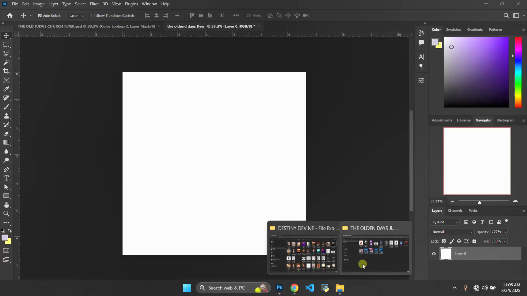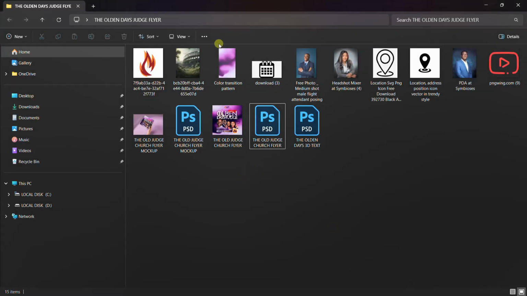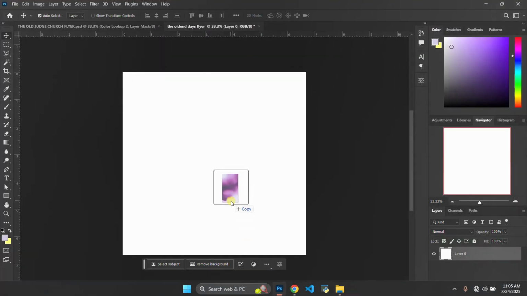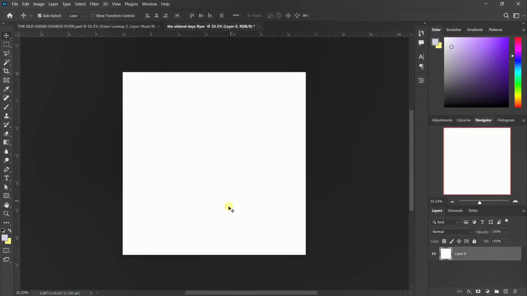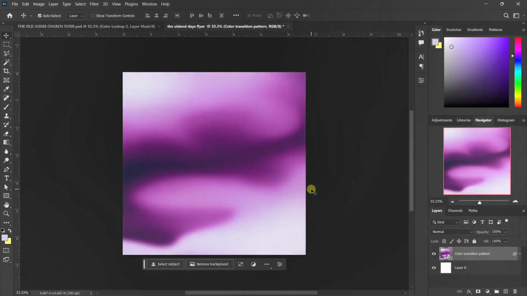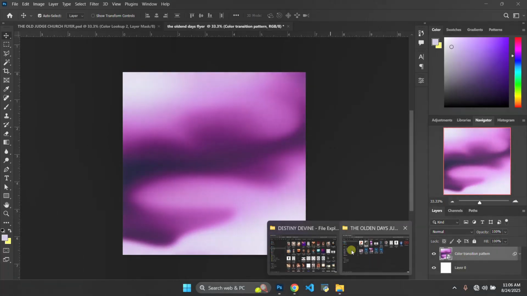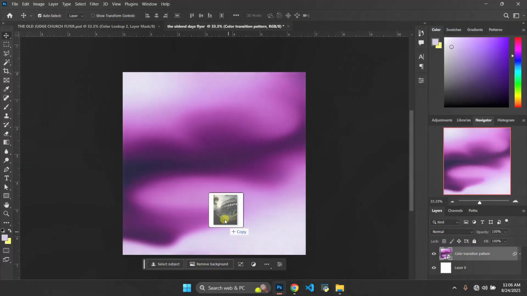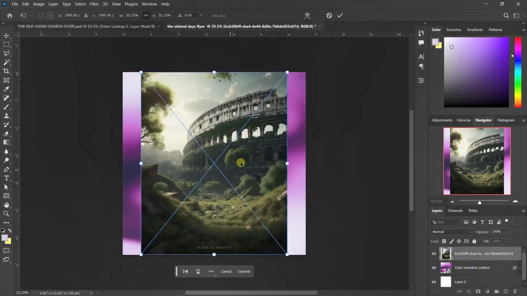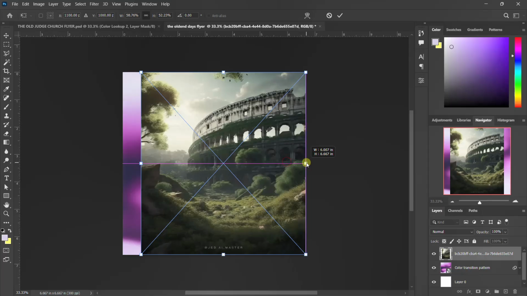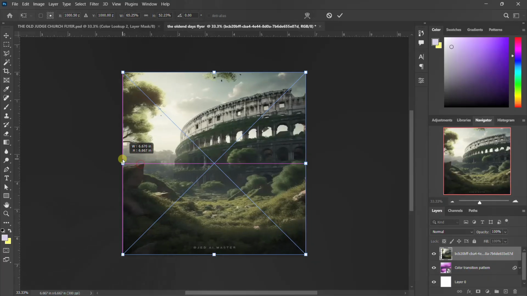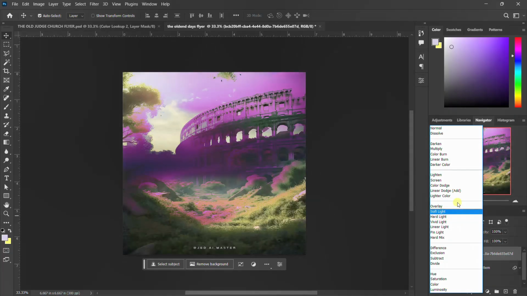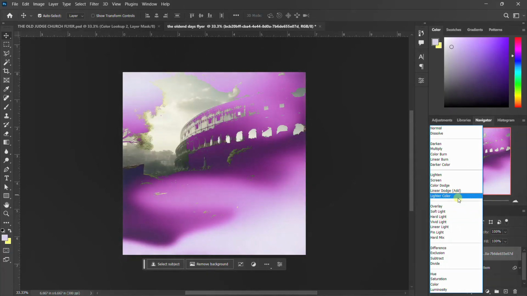So as I've told you, I have all the resources file here. So I'll drag this color transparent pattern into my Photoshop, and then I'll wait for it to load. Still working on the background. So I'll go to my background resources file, then upload this bush and the building inside. Hold shift and then drag the edge here. Still drag the edge here and press enter, and then go to the blending option and set the blending option to